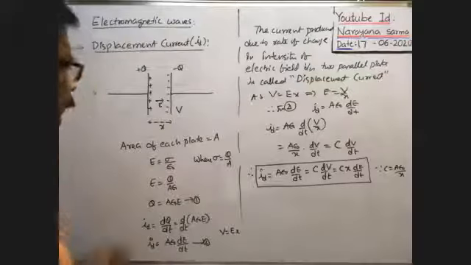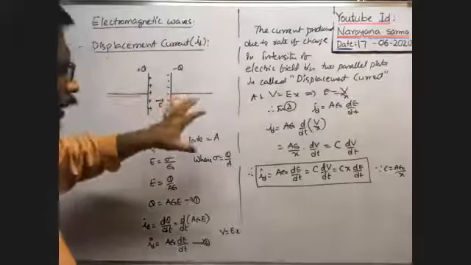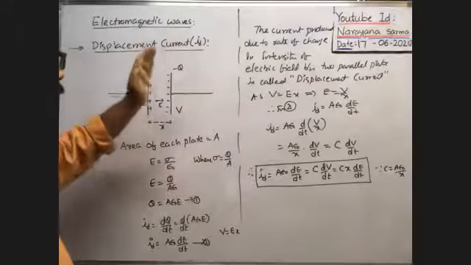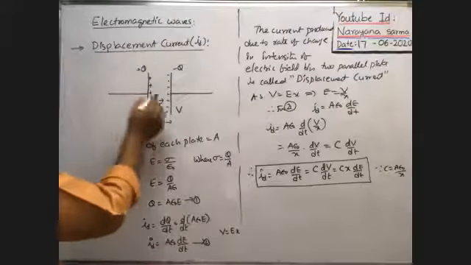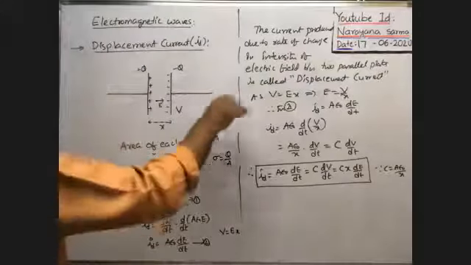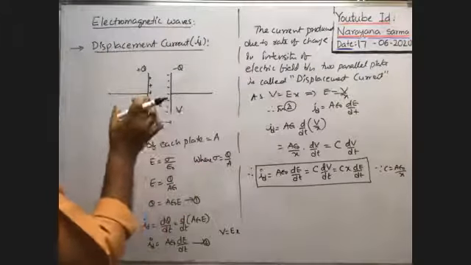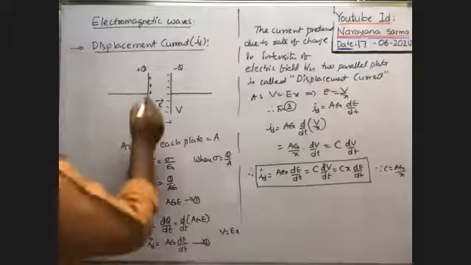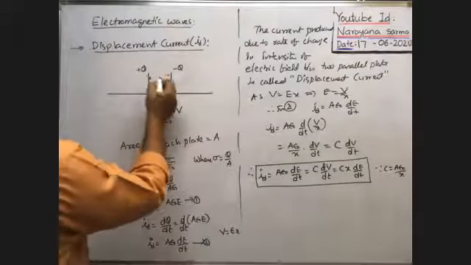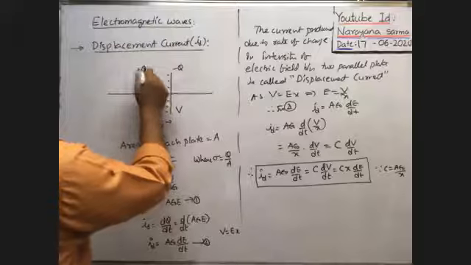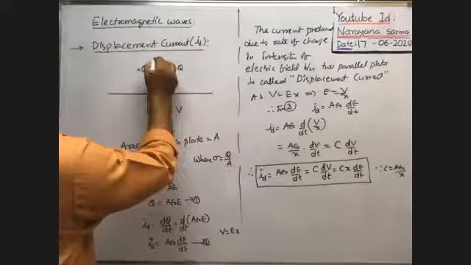Okay, here this displacement current always exists between the two plates of the capacitor only. Suppose these two plates of the capacitor are connected across an external circuit to a variable cell or some variable EMF. Then the displacement current flows from the positive plate to the negative terminal. So displacement current flows in this direction.